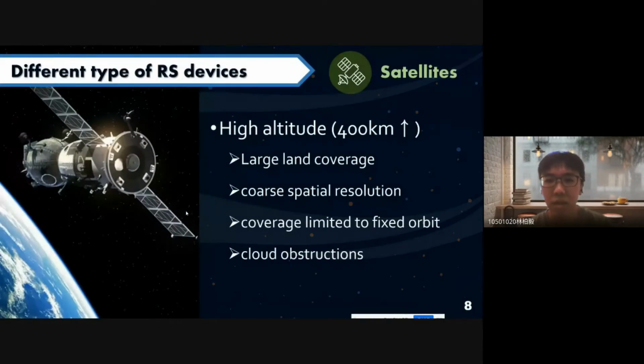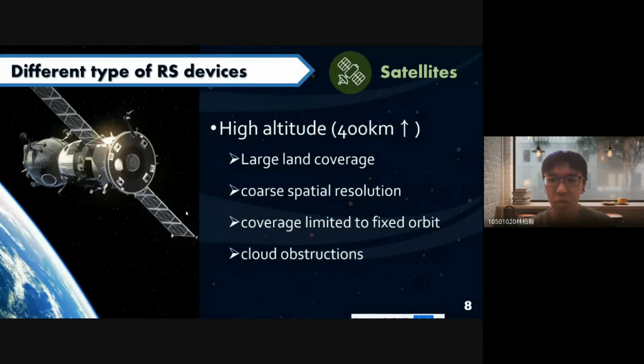Satellites have the highest altitude, higher than 400 kilometers. Because it takes pictures from so high an altitude, we can get a large land coverage.